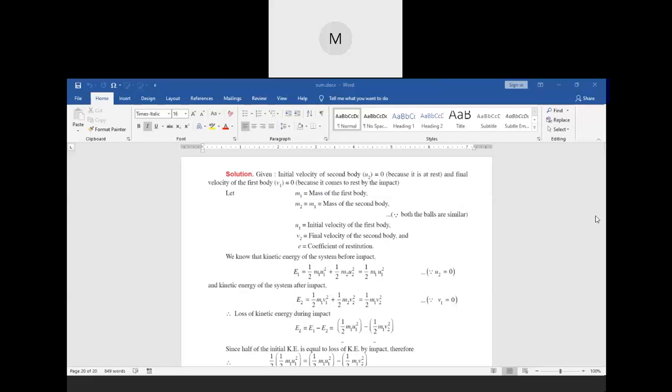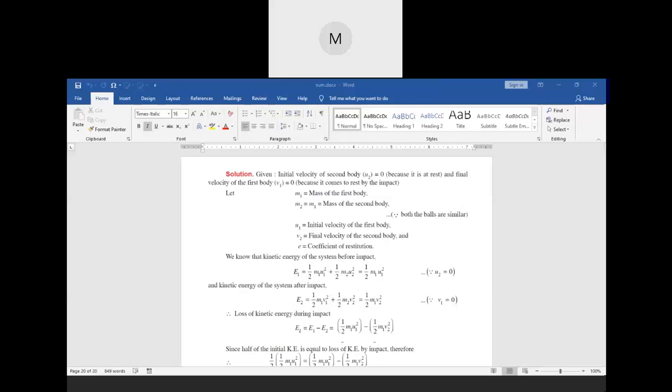It is like the kinetic energy of the system before impact. Now suppose there is one impact. So what is the kinetic energy of the system before impact? Suppose one body is striking the other body, right? Then there will be one impact, no? If there will be one impact, then definitely before the impact there will be one equation, and after the impact there will be another equation. So we'll have to find out those equations.